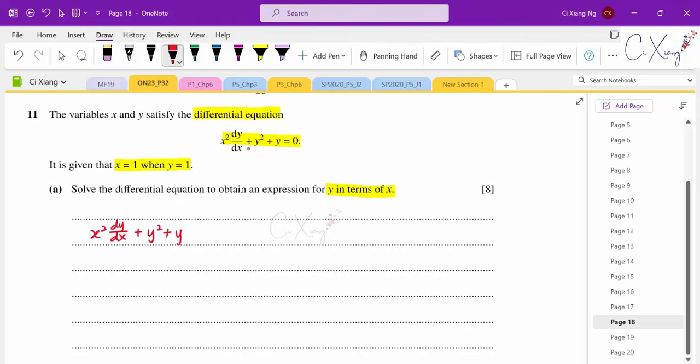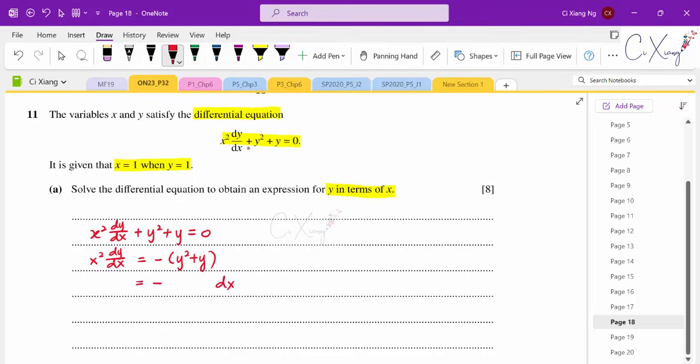Okay, so first of all, I want to separate the x and y first. Before I can separate them, maybe what I want to do now is bring the y over. If I bring the y over, I'm having negative y squared plus y on the right hand side. Okay, so when I move it to the right hand side, now I can do cross multiplication between the two sides. That means dx I can bring it up,